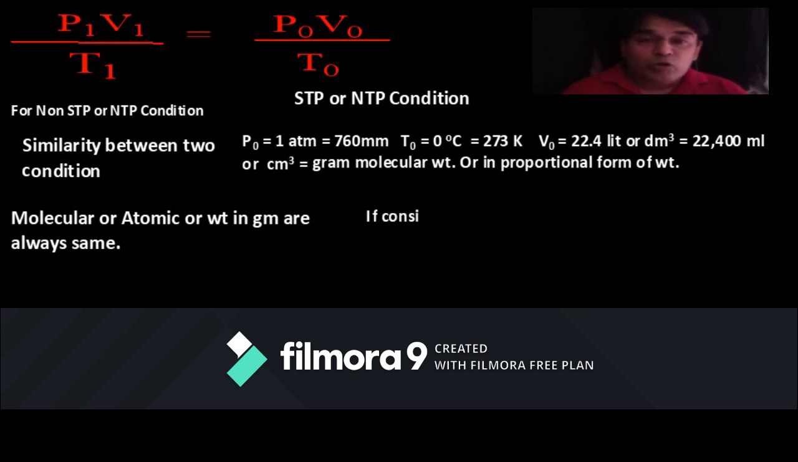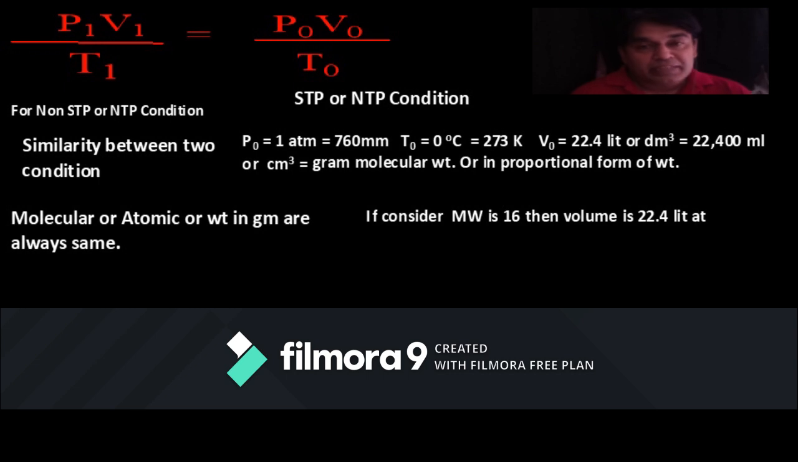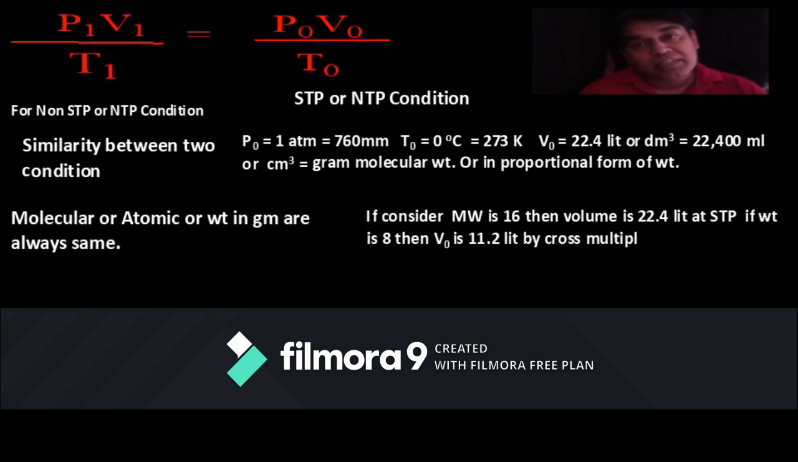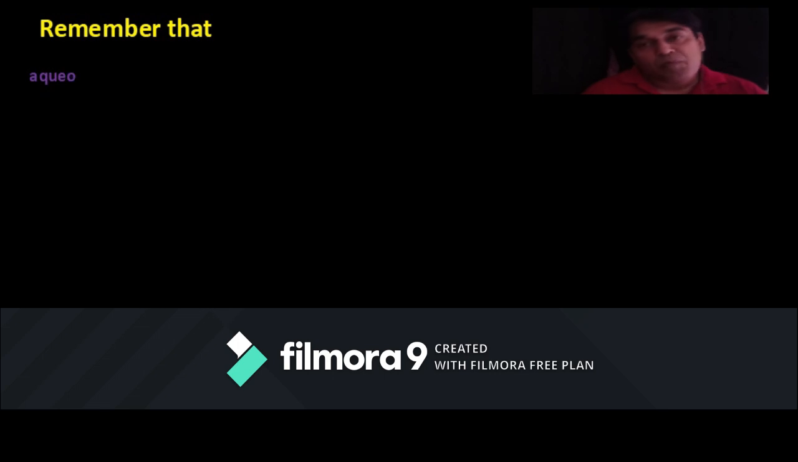Consider the molecular weight is 16, then volume is 22.4 liters at the STP condition. If weight is 8, then volume is 11.2 liters by cross multiplication. Therefore, to solve the pressure-volume type problems for gases, use the simple formula P1 V1 upon T1 equal to